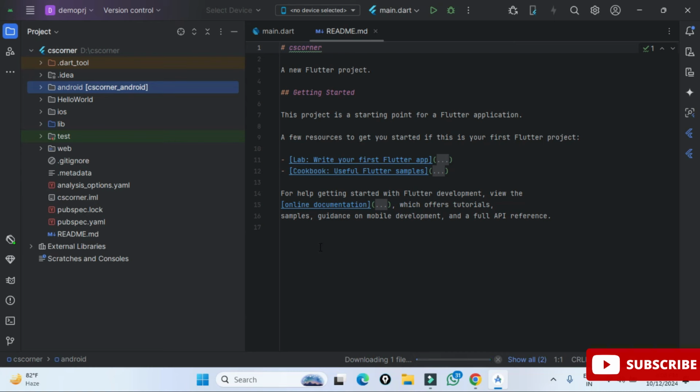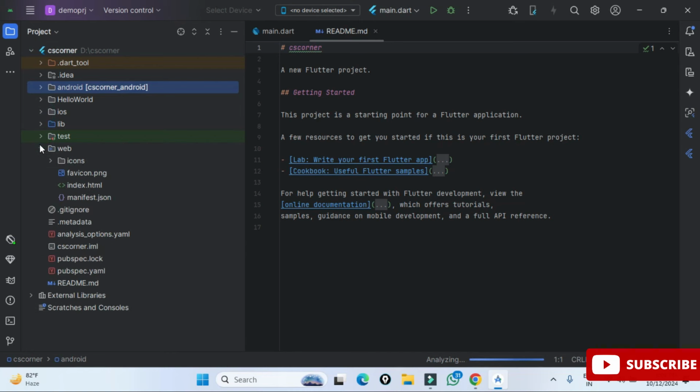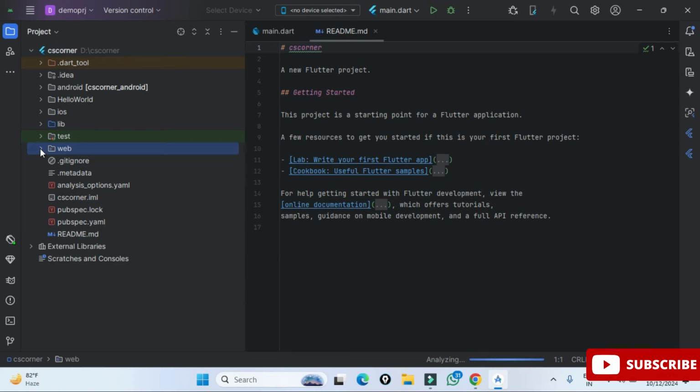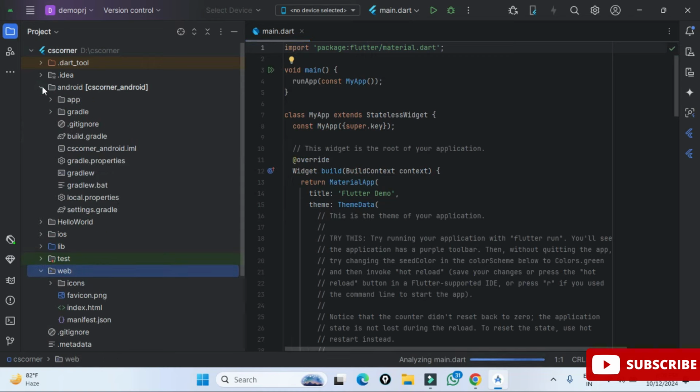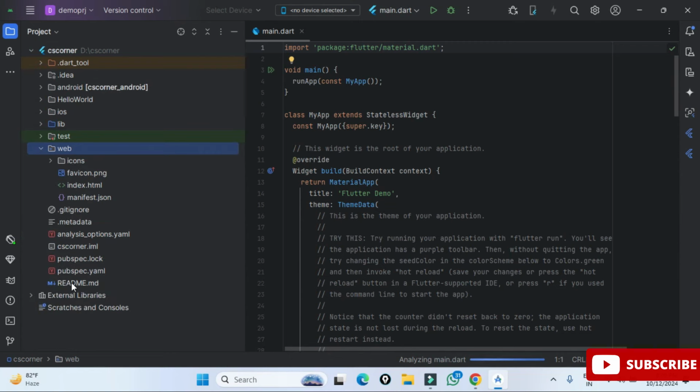So now guys, here you can see we have the main.dart file. And you know what this code is? I'm not explaining this code, I'll just give a brief of it. When you run this, you will get one button. When you click on that button, the count will be shown. That is the code which is available by default, so we will be running this code only. I'm not writing any new code.